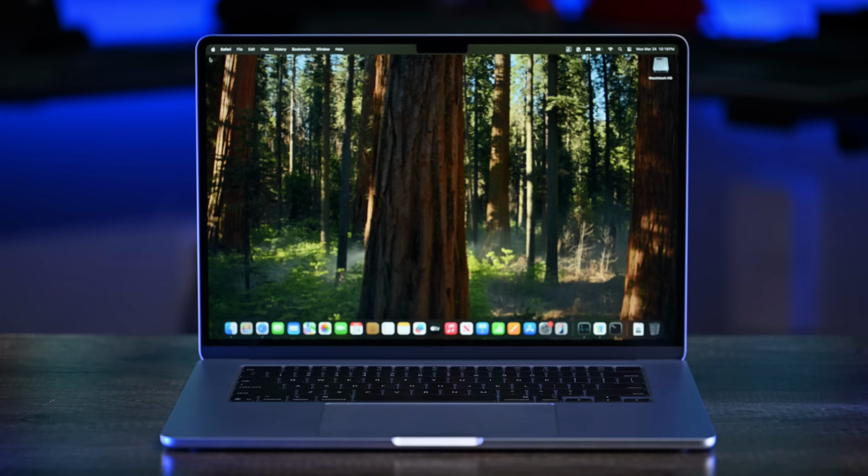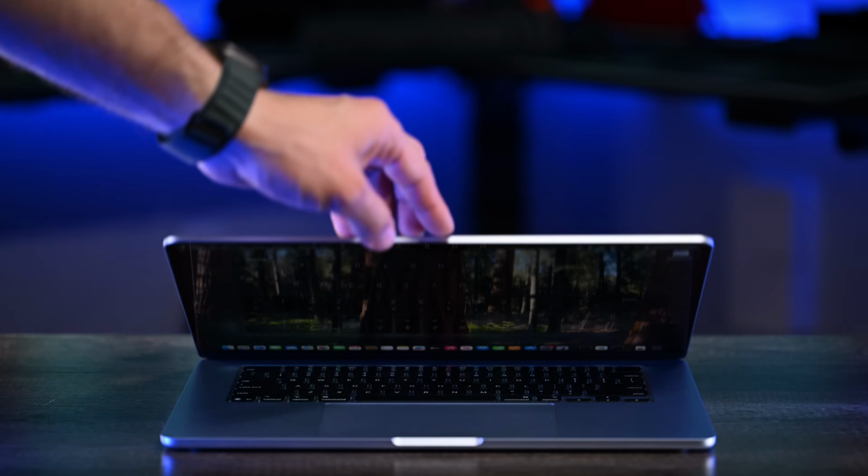And that was kind of my test. Can you do that on something with this kind of horsepower? Like, with these specs, can you do that? And so that was everything that I tested on here. So yeah, that is my review of the MacBook Air M4